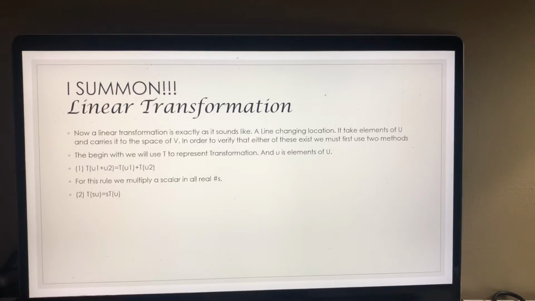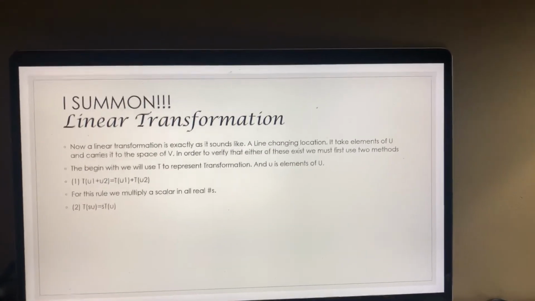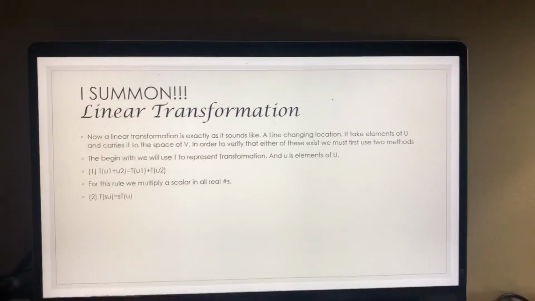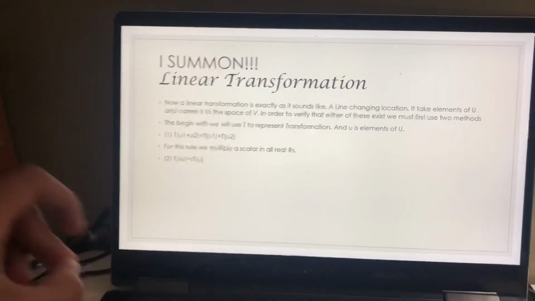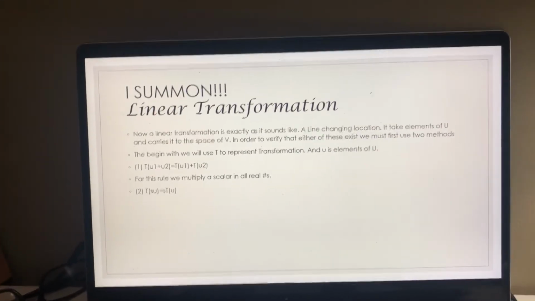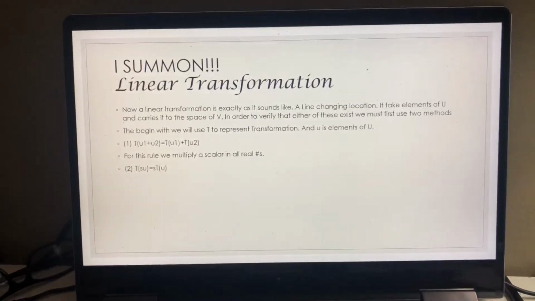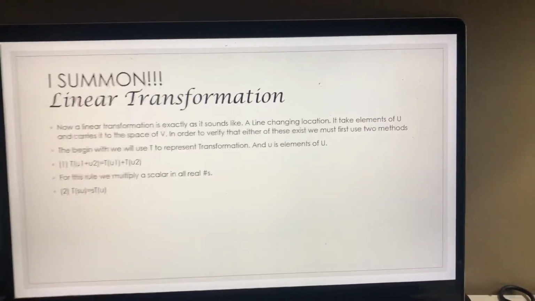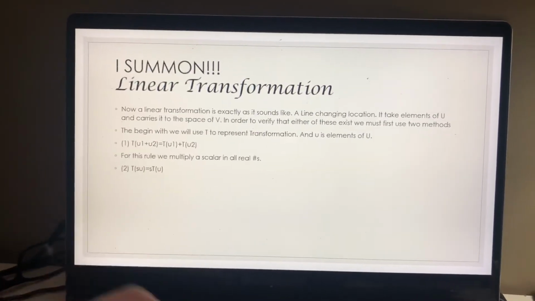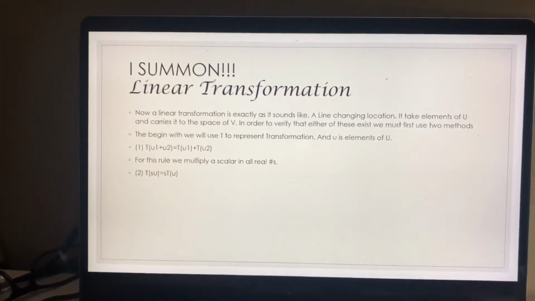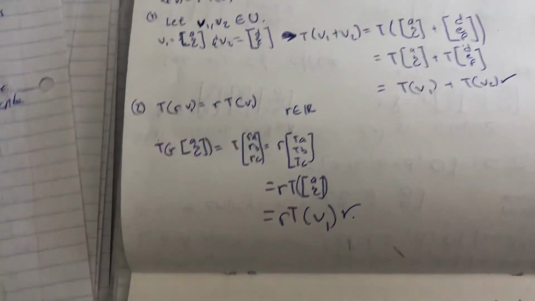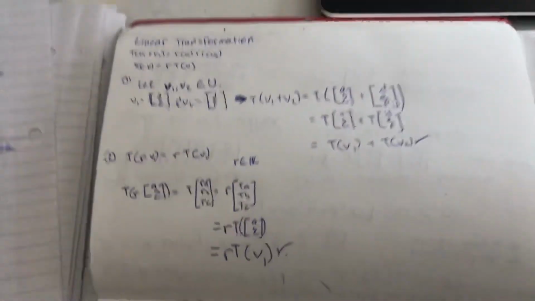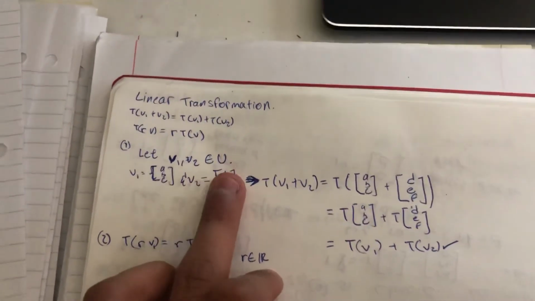What makes a linear transformation unique is that it takes components from one vector space and takes them to another vector space. That's why we have u1 and u2 over here, because those components could be, for instance, a column of u1 and a column of u2. So it'll take those two u components and whatever's in those u1s and u2s and move it to t and make it a function with that. The second one is just using a scalar and multiplying it to the system. So for my example, I used u as my subset,